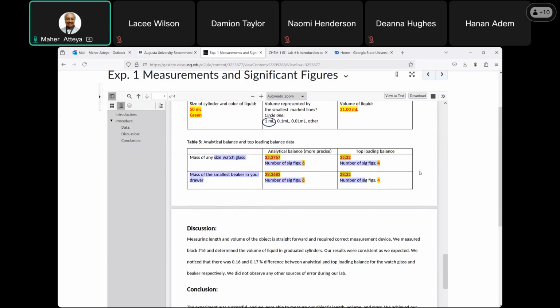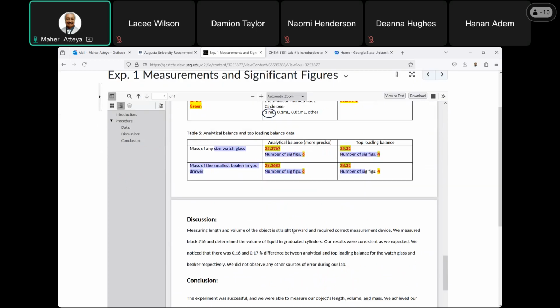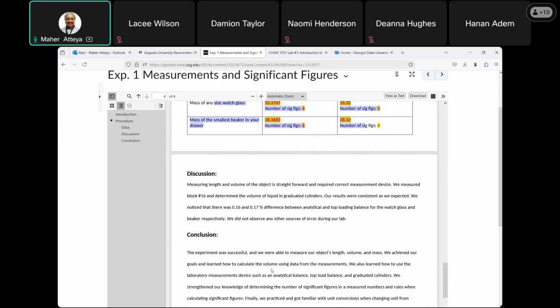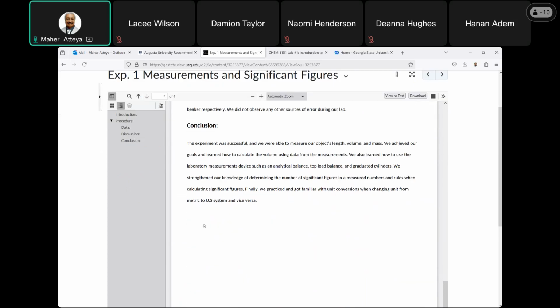This one here, the mass of the watch glass and the small beaker, is correct. So you can just copy and paste this one here. Discuss your data conclusion. After the conclusion, you will have to submit whatever we have discussed before, which is inside the